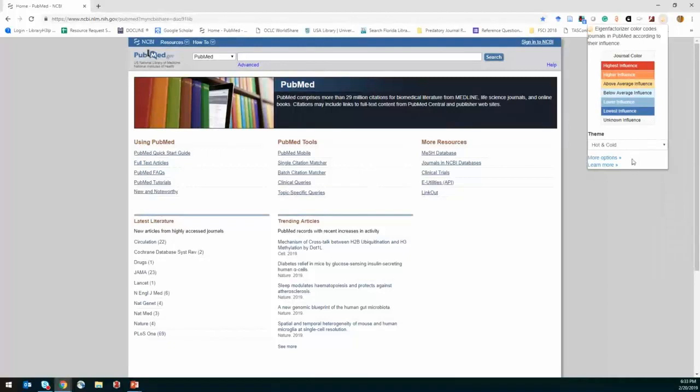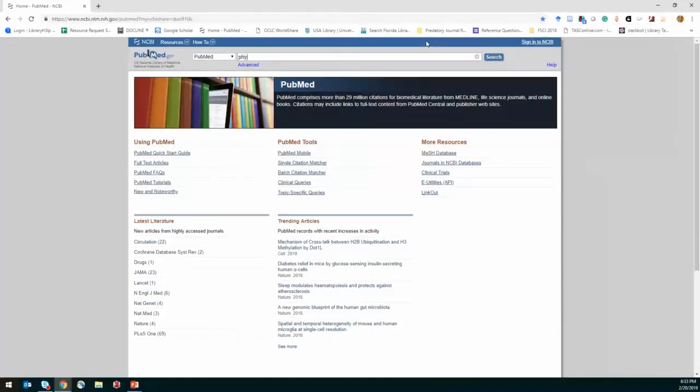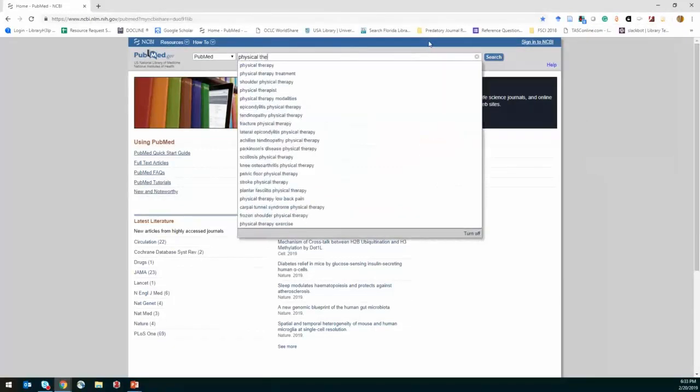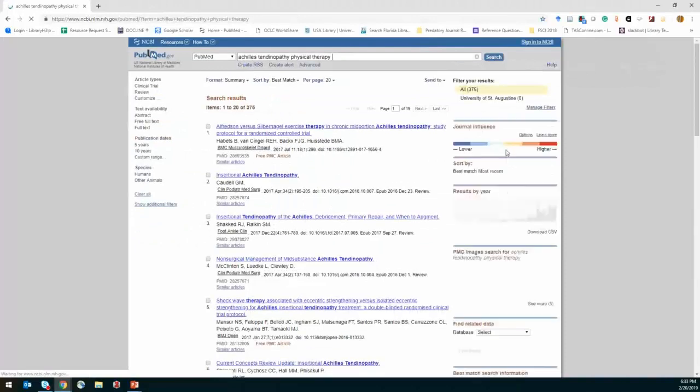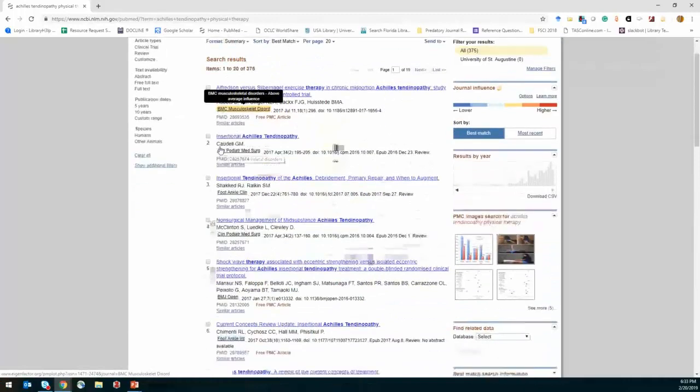Basically, that runs as a plugin within your Chrome browser. I believe it works for Firefox as well. What that does is highlight journals in PubMed for you as you're doing your PubMed search by color, so that you can see how high the influence on those is. So let's say we're doing physical therapy, a random physical therapy search. Now, when that eigenfactorizer kicks in, you can start to see these things highlighted.